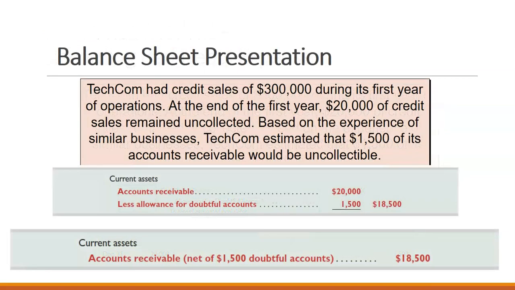Then when we see it on the balance sheet, we can show it one of two ways. We can have separate lines for accounts receivable and the allowance for doubtful accounts, and then show what our total accounts receivable is net of that allowance for doubtful accounts. Or we can just say accounts receivable, net, which means they've already subtracted out the amount of the doubtful